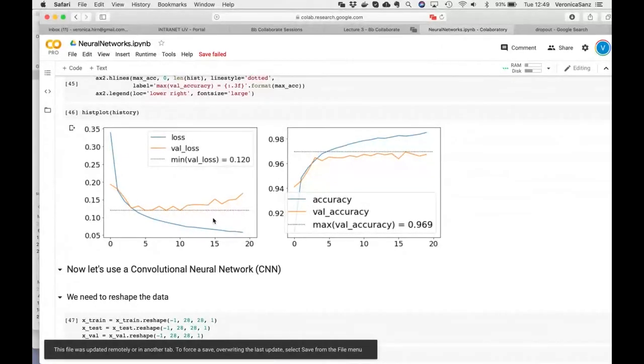It's a signal that this network is fixing, or is trying to explain, features in the training set that are not generic, that are just of the training set. So there are many ways to avoid